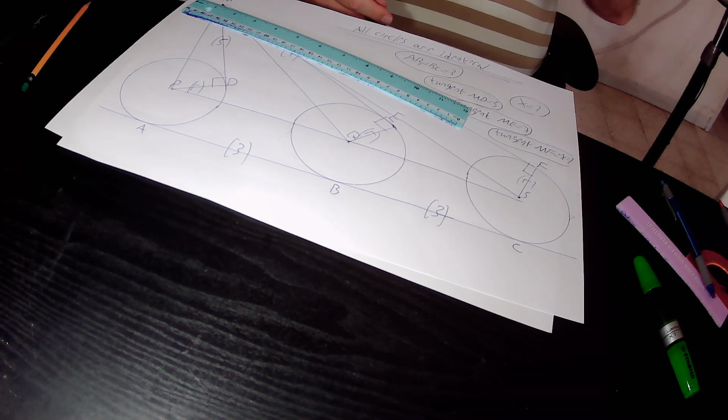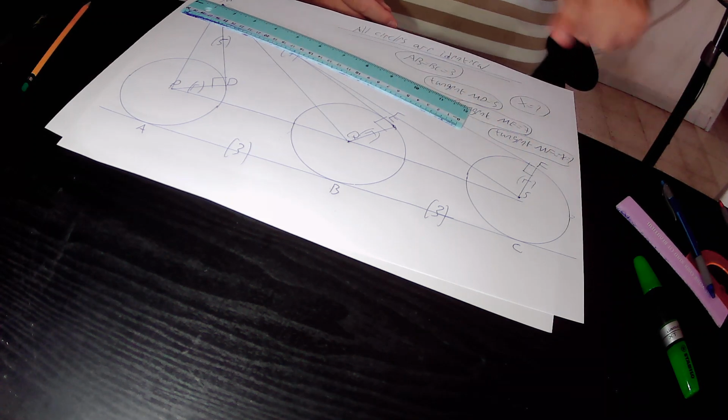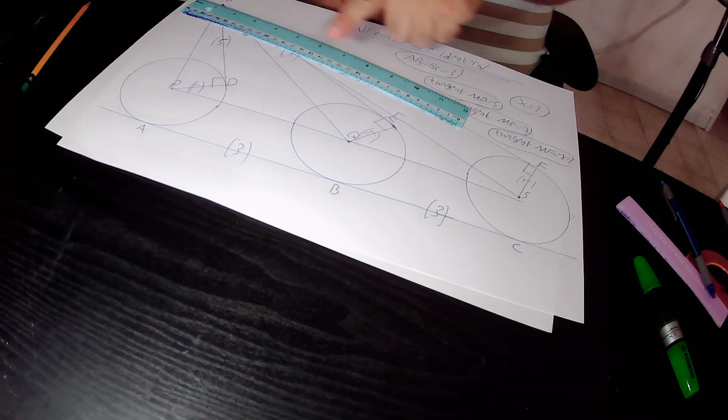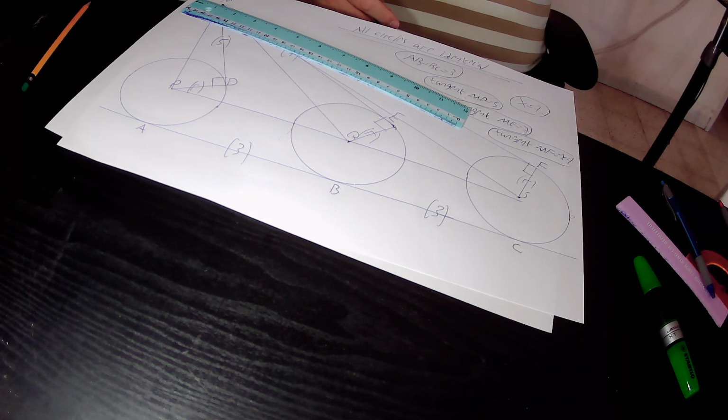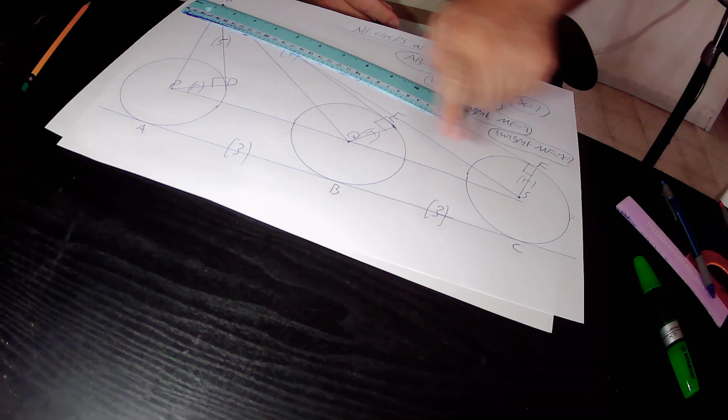And for the same reason, those 3 points P, Q, and S located on the straight line PQS are at the same distance from the straight line ABC. It means that the straight line PQS must be parallel to the straight line ABC. Okay? Because we found out that the straight line PQS is parallel to the straight line ABC,